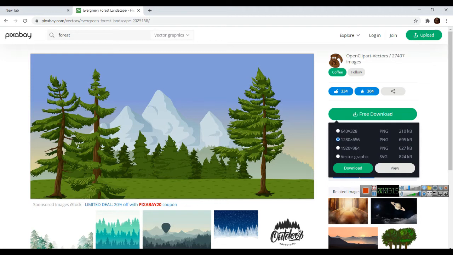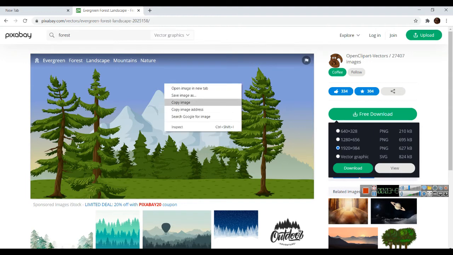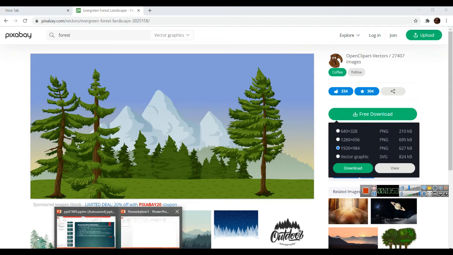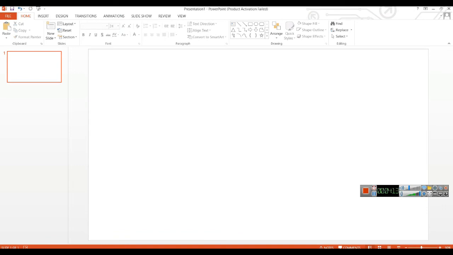Now look at this. This is PNG, and this is SVG. These are different forms of photographs. So what I was about to tell is about PNG. Let me explain you what is the specialty of PNG. Vector graphic is different. We'll take up in the next video. So I can download here and it gets downloaded. I can choose the different dimensions of this picture, same picture, but I'll just go for a shortcut way, copy image and go for a PowerPoint here and then paste it. Control V, or directly you have to paste.